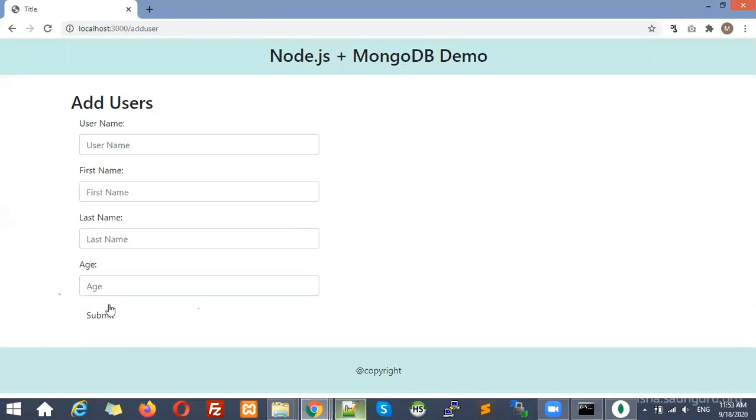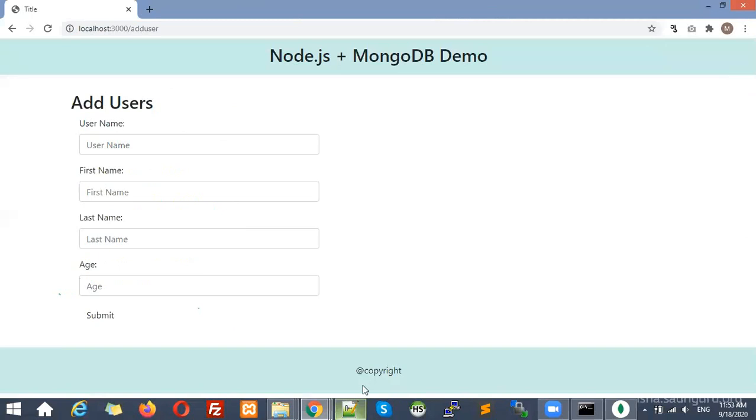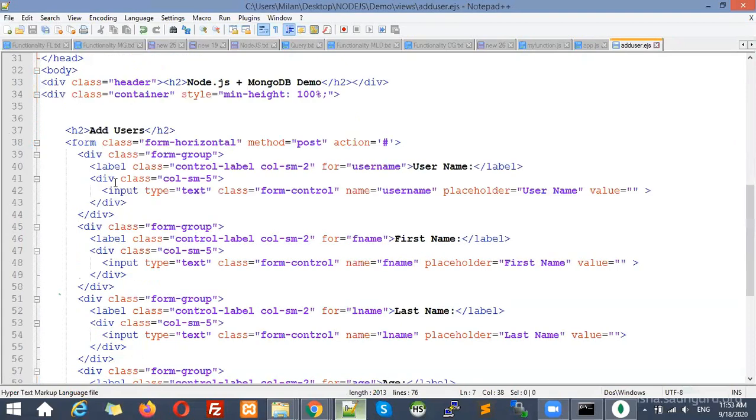Now if we fill this form and click on the submit button, what should be done? It should be sent to another URL where all this data is going to be sent. For example, if we see the code of the add user HTML file, here you can see the form, and in method we should mention post, and in action we need to mention whatever action we want to perform.